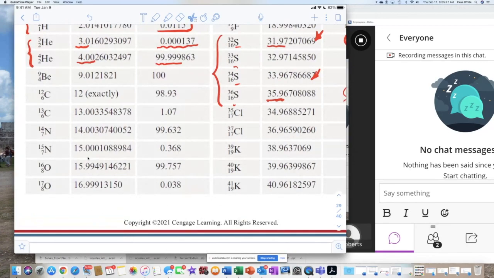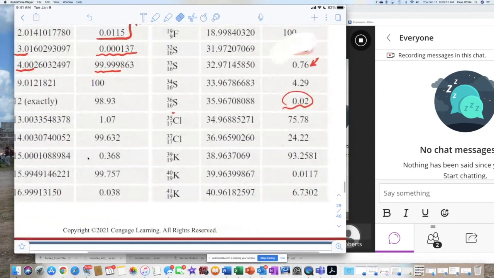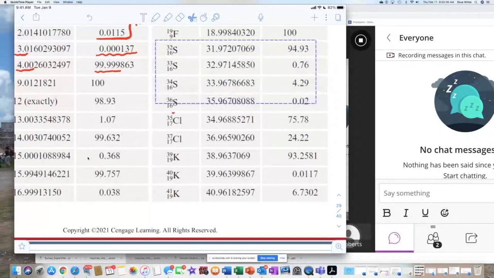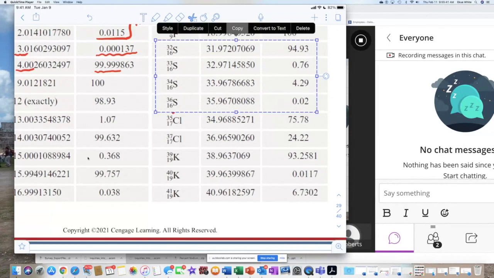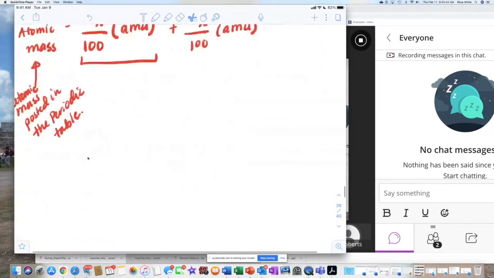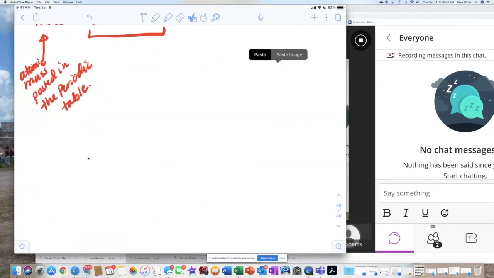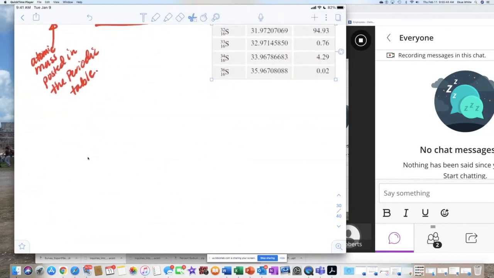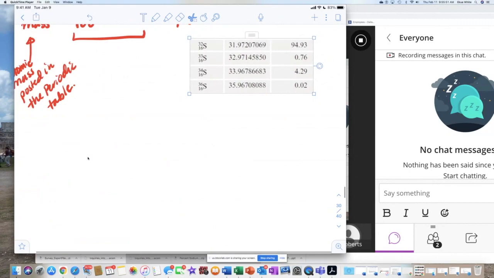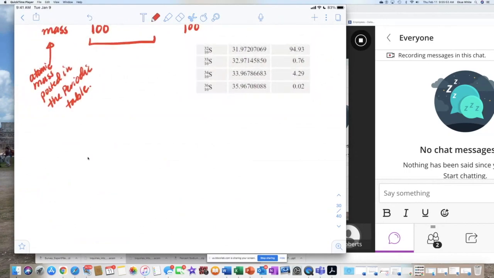4. So let me go ahead and copy this, because it's hard to go back and forth. I'll copy this, and I'll copy the abundances, so I can actually work this out. Okay, let me see. I'll copy this, and I'll write this up here, paste image. Okay, so having this, I'm going to go ahead and set up my calculation to figure out the relative atomic mass. Okay, so the atomic mass of sulfur